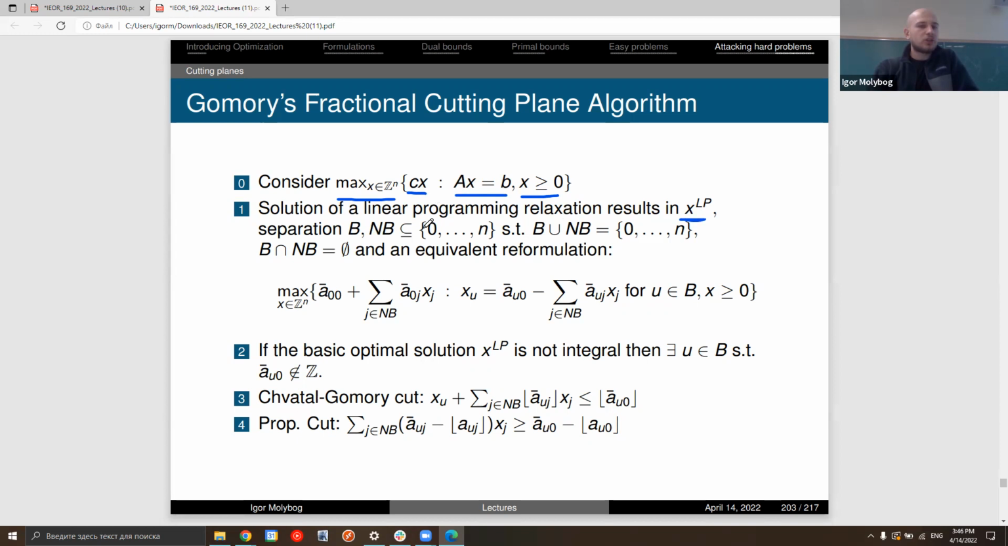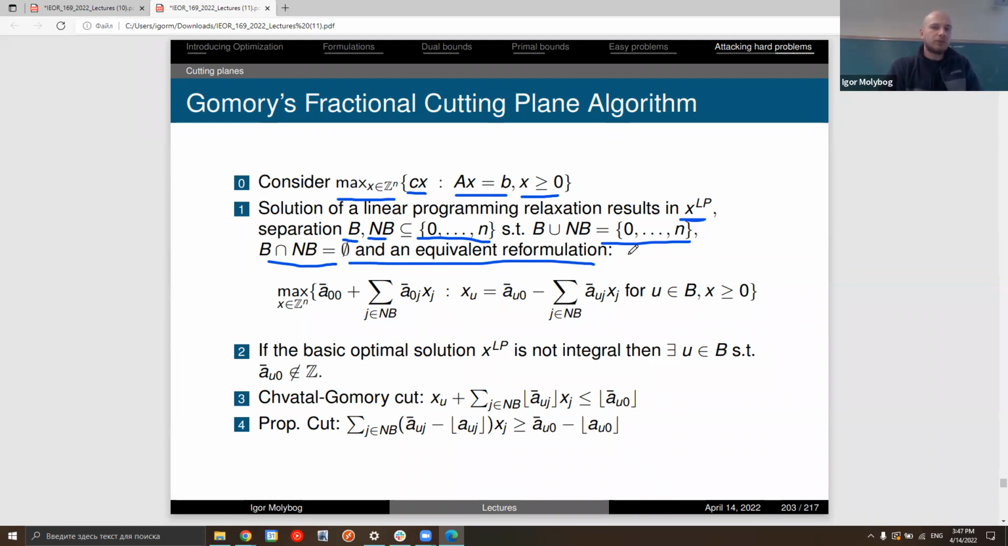And a separation of the set of variables into two subgroups. One is called the basic variables, and the other group is called non-basic variables, such that basic variables and non-basic variables form a separation of the entire set of variables, and they do not have anything in the intersection. So it's indeed a partition. And